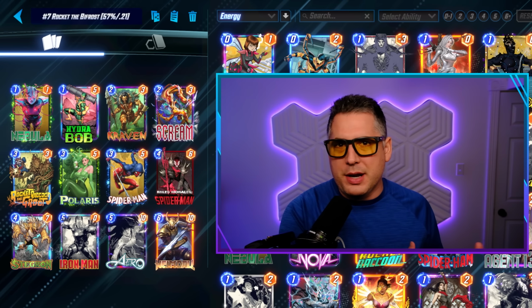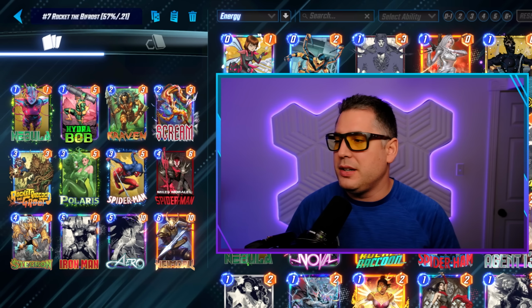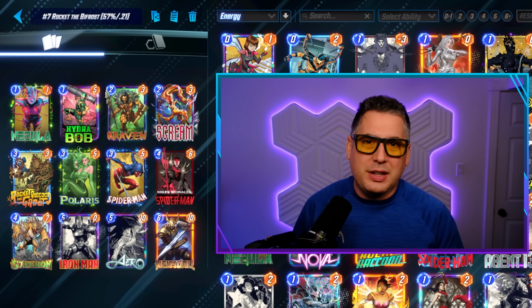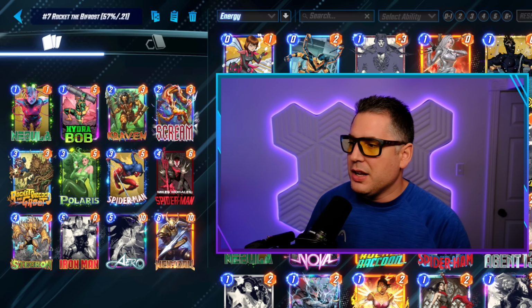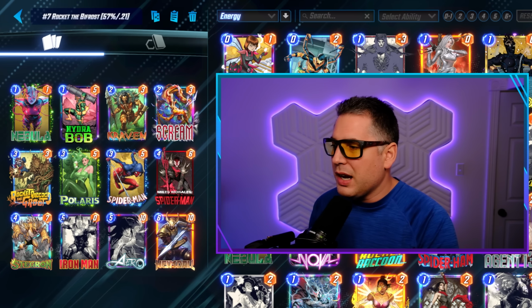I think that there's going to be better decks that you can experiment with, specifically with Rocket and Groot. However, I think that this was an interesting take. It was very interesting to see Heimdall implemented into a deck like this. I thought that it was an interesting little splash there, and you do have the Scream Shell as well, but I just wanted to showcase this because I thought it was an interesting little take